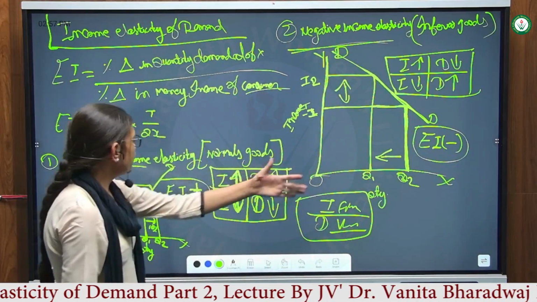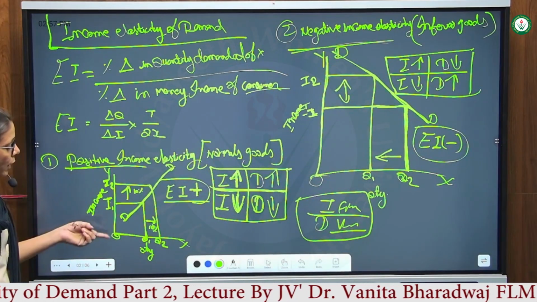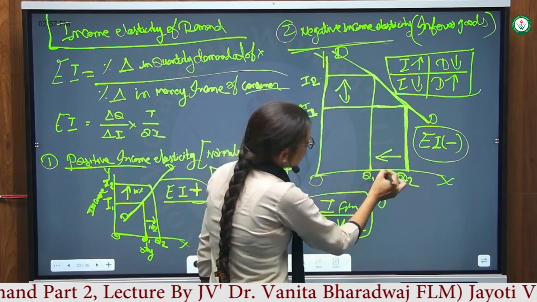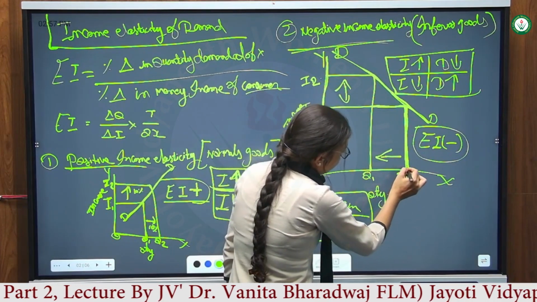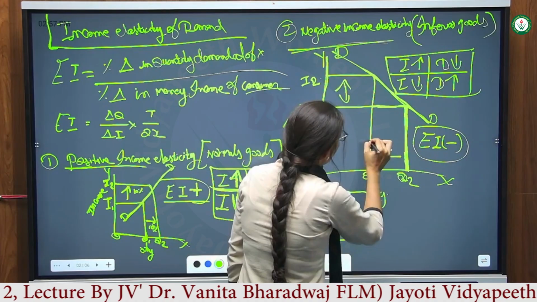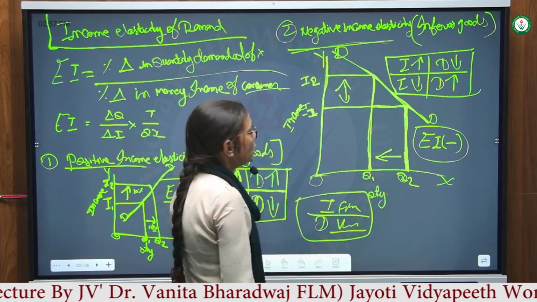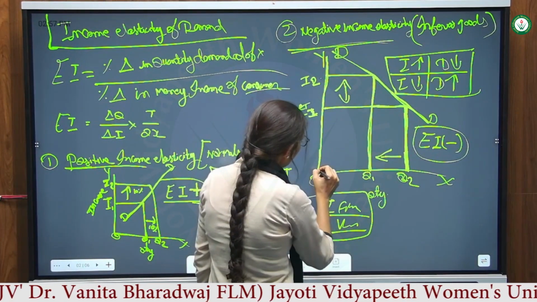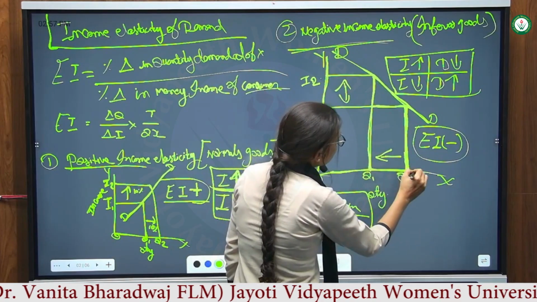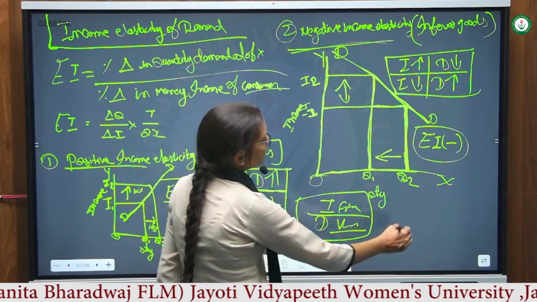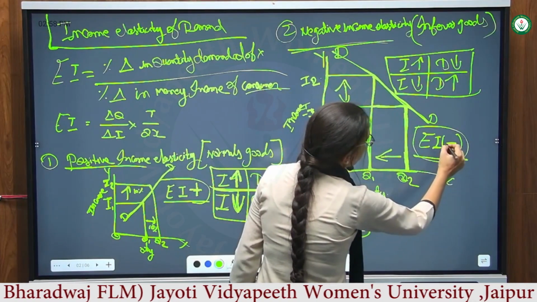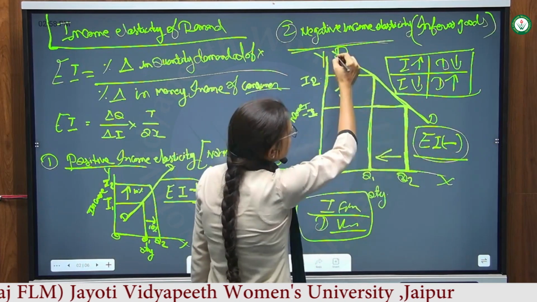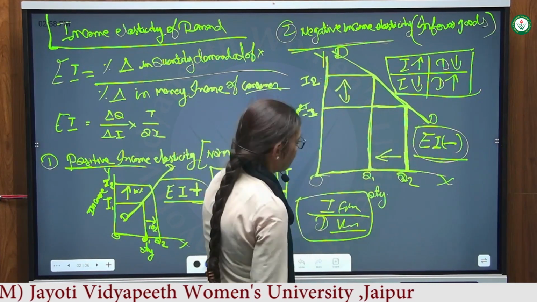But the normal goods have a positive relation. As income increases, demand of normal goods increases. But for inferior goods, as the income of a consumer increases, he will decrease the consumption of inferior goods and move to costlier goods. All this happens because of the inverse substitution effect. As we improve our living standard according to our income, we move from cheaper goods to costlier goods. That's why here is a negative relationship. Income effect is negative. In a negative relationship, the demand curve is always downward sloping to the right side. This is the DD curve according to the law of demand.